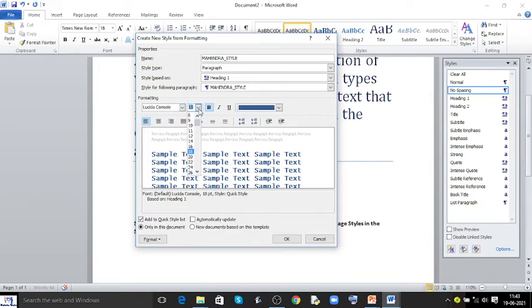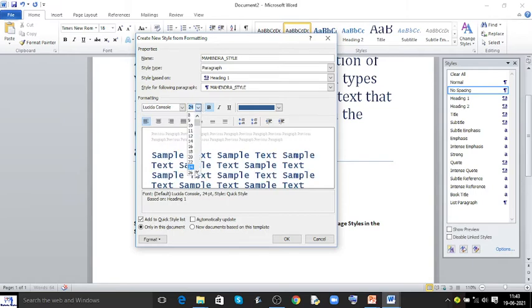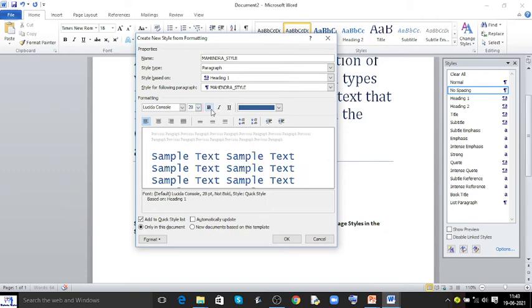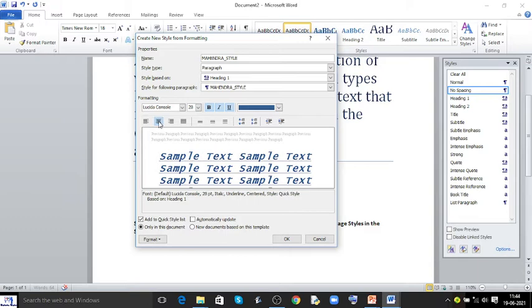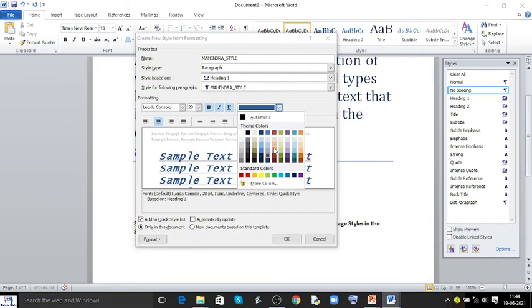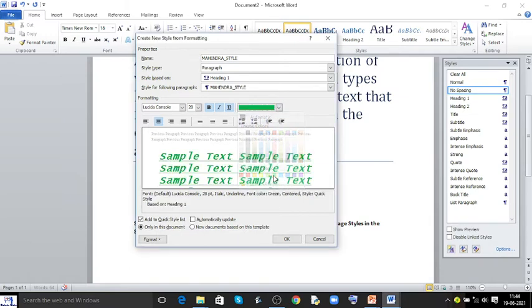For size I want a big size, 24, or let's give 28. Bold, italic, underline, all 3 I have selected. This is the alignment. Suppose I want alignment at the center. From this window you can also select the color. I have selected the color green.